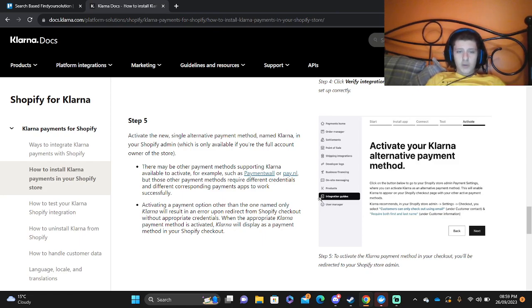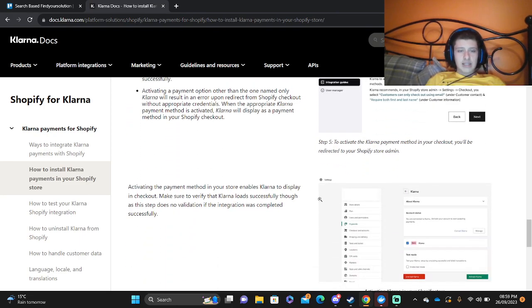Activate the new single alternative payment method named Klarna in your Shopify admin. There may be other payments methods supporting Klarna available to activate, such as Payment Wall or Pay.nl, but those other payment methods require different credentials and different corresponding payment apps to work successfully. Activating the payment options other than the one named only Klarna will result in an error upon redirect from Shopify checkout without appropriate credentials. When the appropriate Klarna payment method is activated, Klarna will display as a payment method in